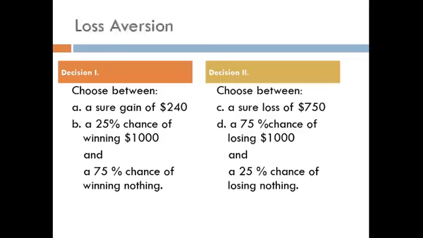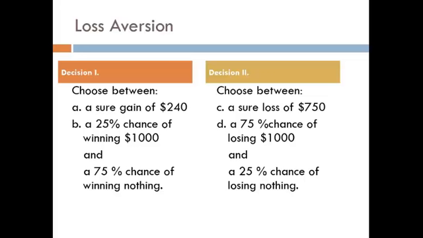People tend to be very loss averse. People don't want to fork over $750 if there's a chance that they might not have to give anything. So when we're given free money, no strings attached, in decision A, people tend to take it. They don't want to possibly lose what feels like a bird in the hand, right? They've got the $240. If I gamble and don't get anything in decision B, I'm going to really be kicking myself because I had $240 and now I've got nothing. So they don't want to lose what they perceive to be already their